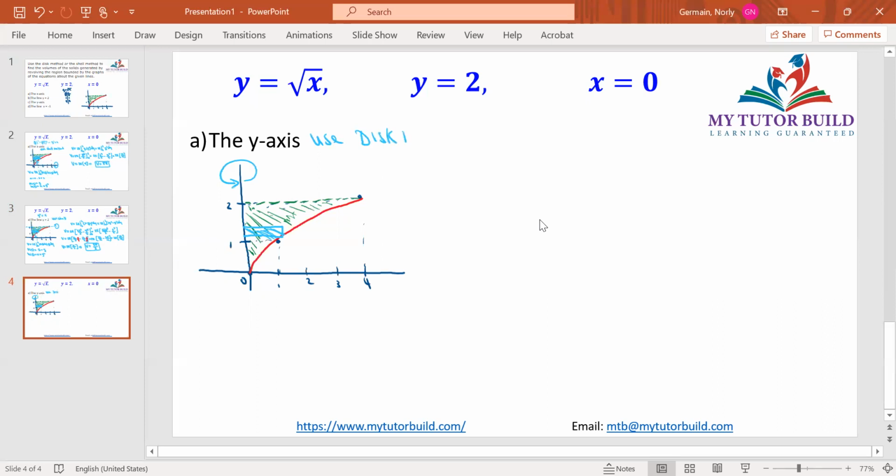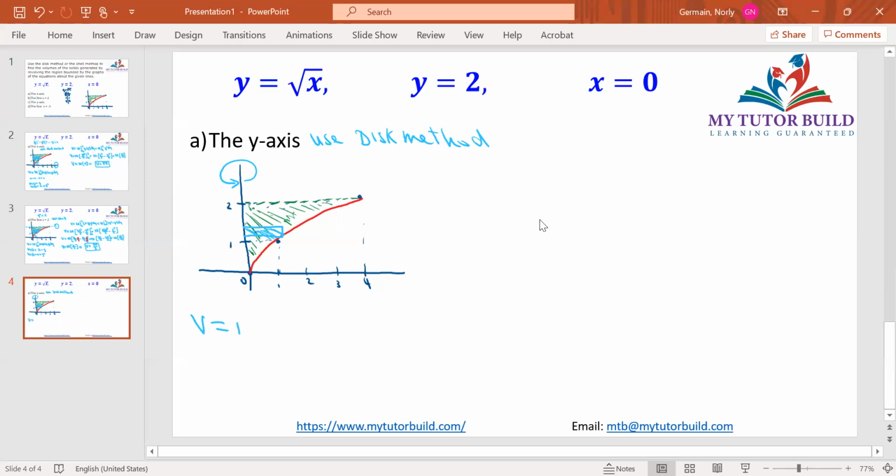Use disk method. And what the disk method tells us to do, you know, to find the volume of a solid of revolution with the disk method, we need to decide either if we revolve around the x-axis or the y-axis. So because we revolve around the y-axis in this case,